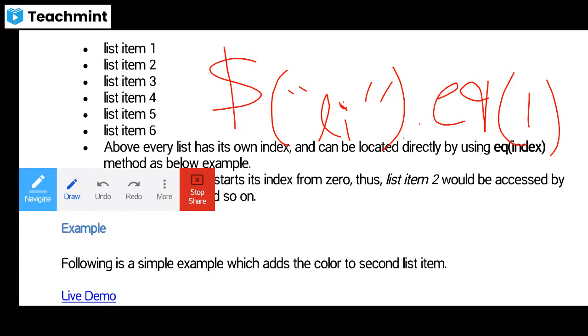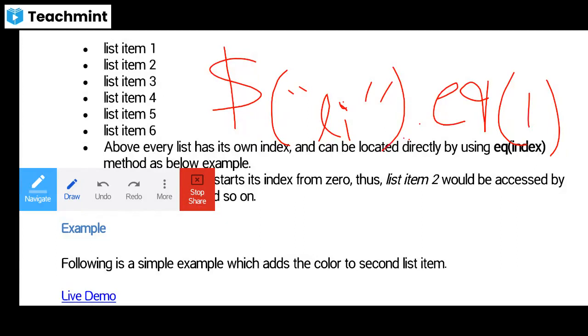So whenever we are going to use the equivalence index, we are going to specify only one list item, not two or more lists. So that is the disadvantage here in the equivalence index.